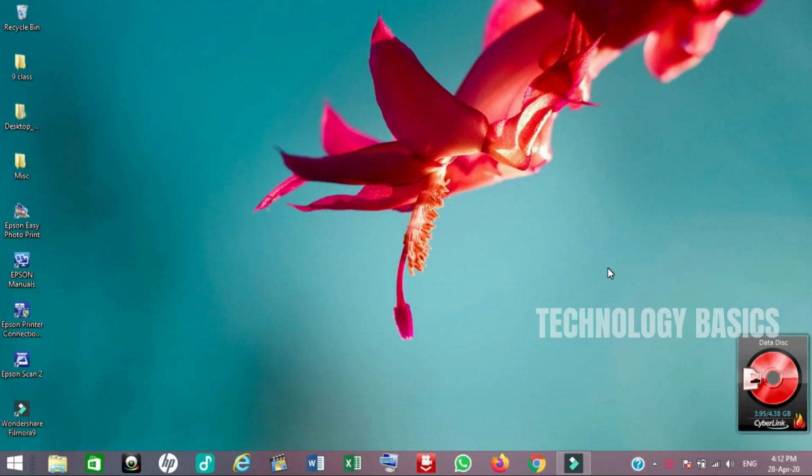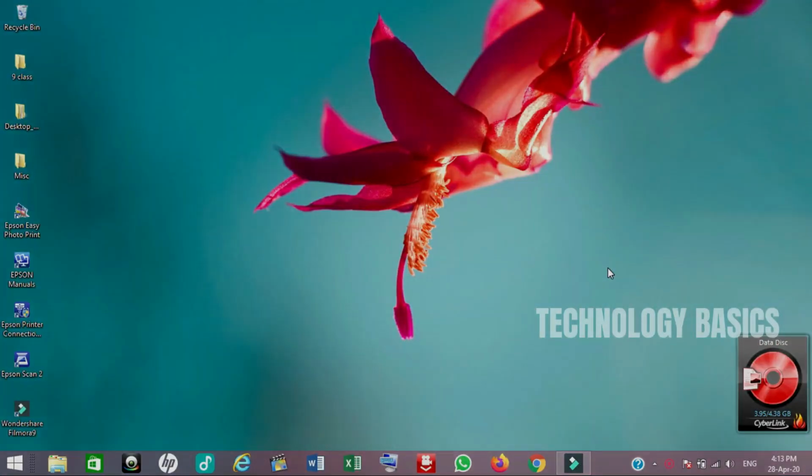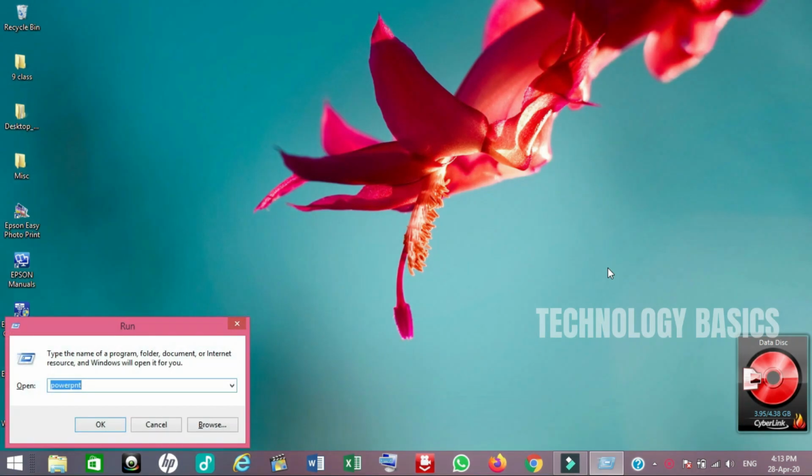Nowadays people are using the mouse for internet browsing and touchscreens for easily accessing the program menu and programs. So there is a shortcut for every program in the software that is installed in the system. You can just press the Windows key plus R. It will show the run command in which we can directly type the command of the program which we want to open.